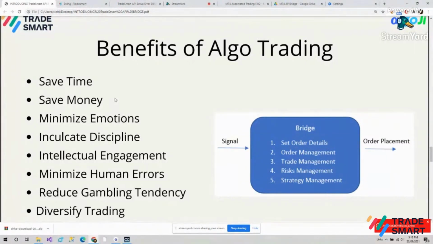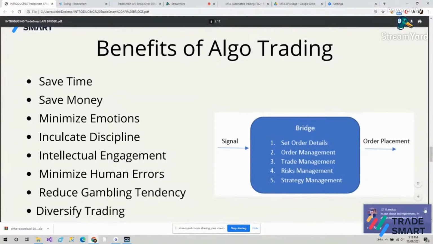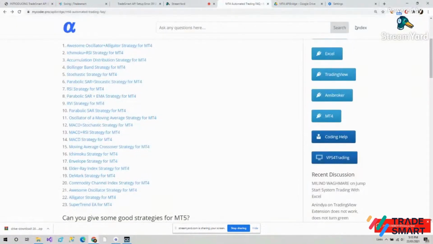I also wanted to tell you why TradingView. If you are new to the market, if you are new to algo trading, then you can get started with TradingView, because for TradingView you do not have to pay anything. You can start algo trading even with the free version of TradingView. Moreover, you get free live data in TradingView. You do not have to pay anything for the live data. So if you are new to algo trading, you can go for TradingView, and you will find numerous strategies that are readily available for automation.